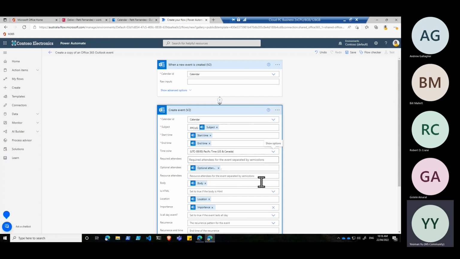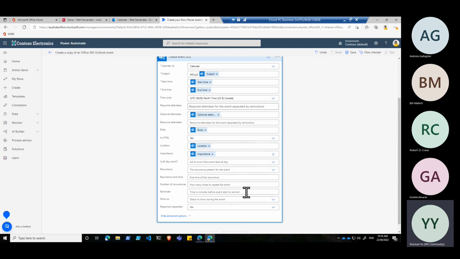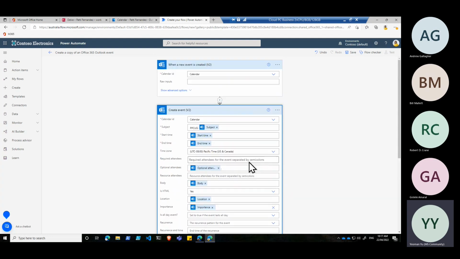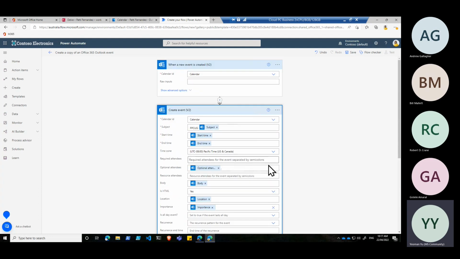And you can adjust all of these other variables if you need, according to your requirements. So I'm just going to keep it as HTML. So I said yes. And all of these other reminders, if you want to put actual reminders in as well, so that when it gets put into the other calendar, you can actually put in various things like 15 minutes, recurring, all these other variables. So you can actually play around with this template. But what we're going to do here is we just keep it simple. I like to keep my flows simple and can modify it afterwards, or if I want to put in some extensibility, but we actually want to see this in action first.